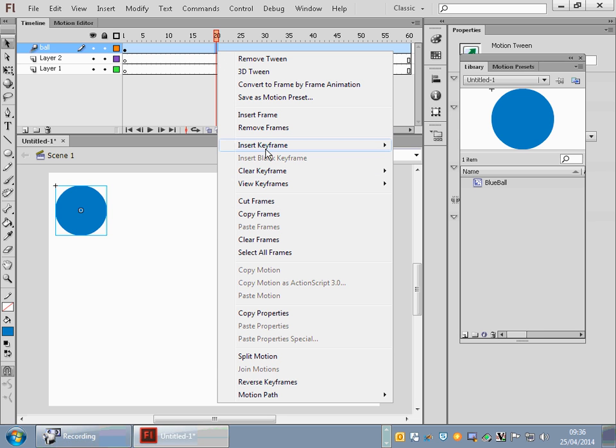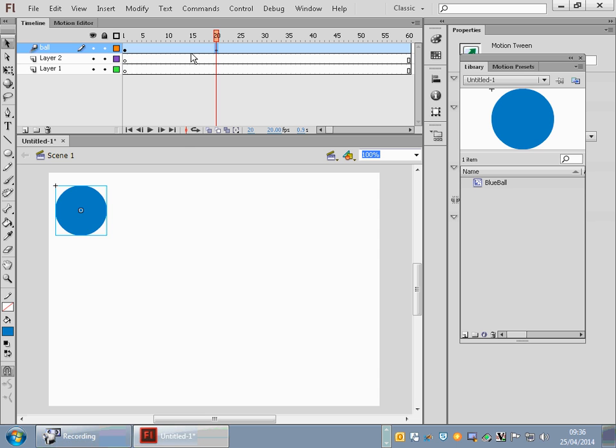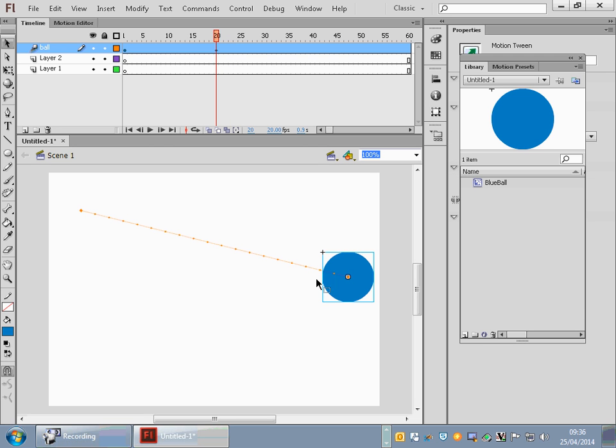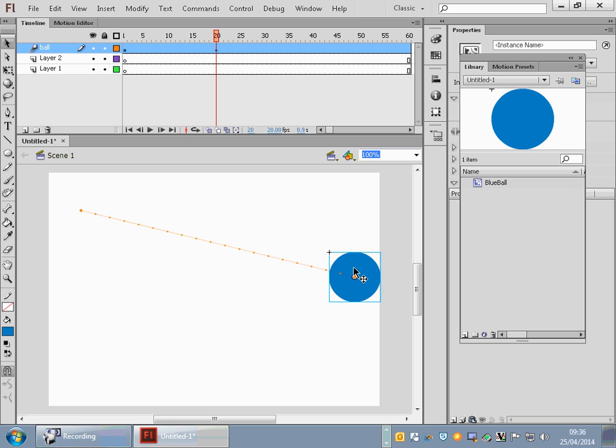Right click, insert keyframe, and so it comes all the way here, from here to here, within 1 second. Maybe we move it here. So when it's actually hitting the wall,